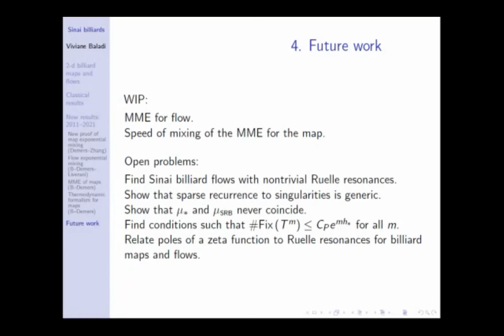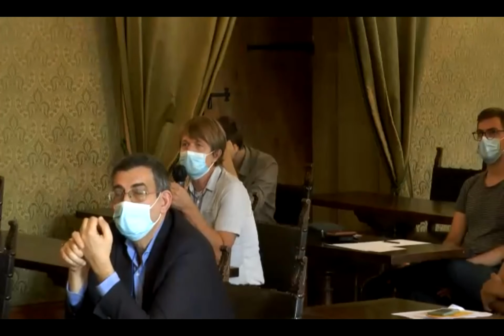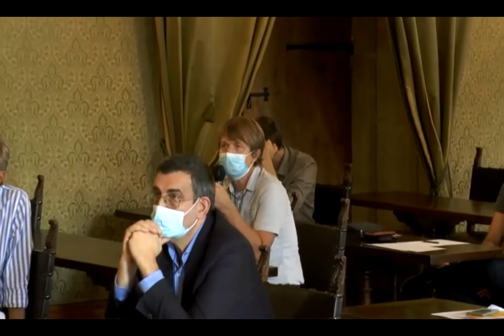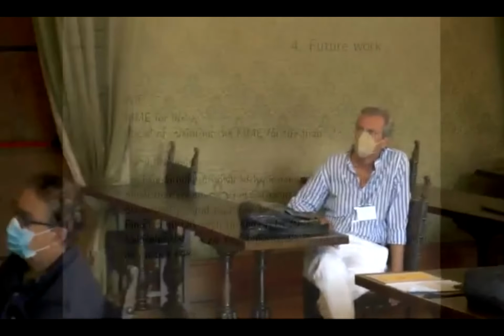So I wonder how much is known, I mean, if any of these results can be transferred to three-dimensional Sinai billiards? It's very hard. So for example, if you just look at the billiard map, not even the flow, and you ask the question of the speed of mixing,